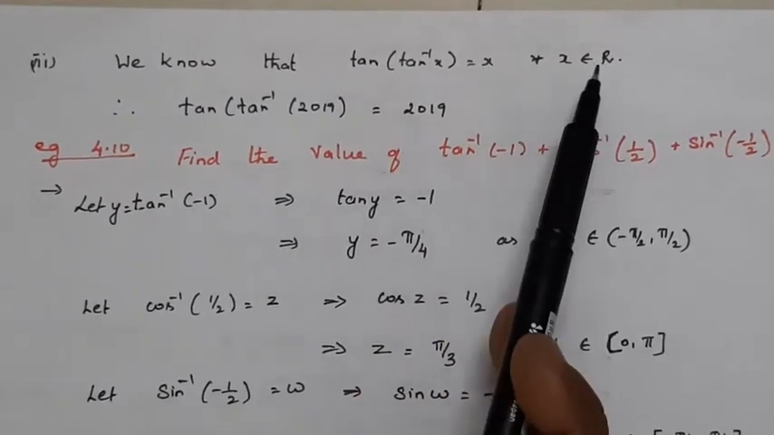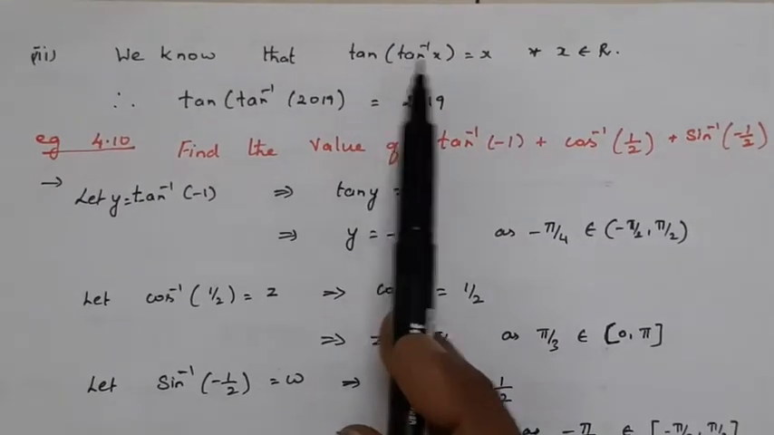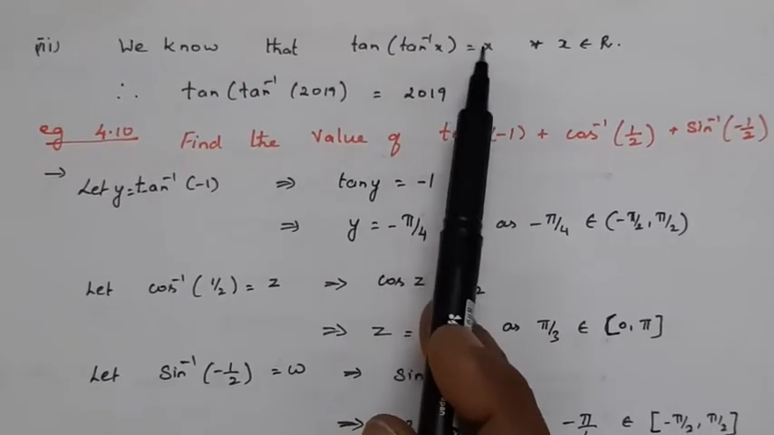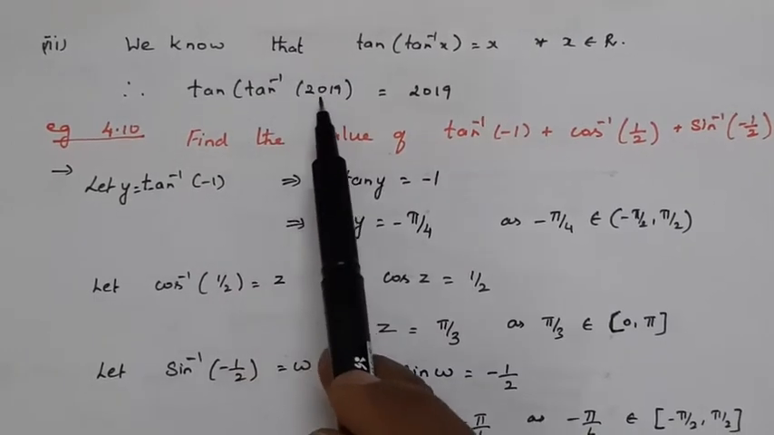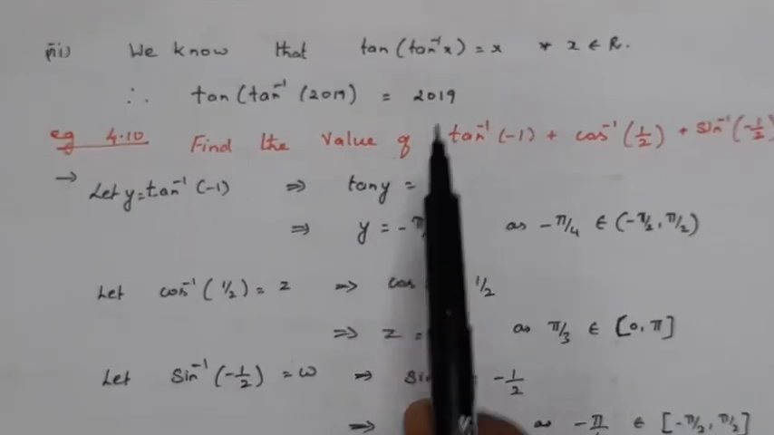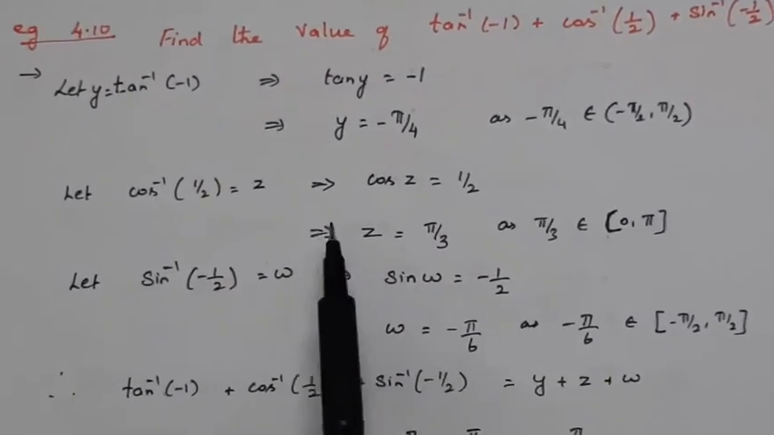Whatever number it is, for all real numbers, the answer would be: tan inverse of x would be x itself. Therefore, tan inverse of 2018 is equal to 2019. Okay. Now coming to example